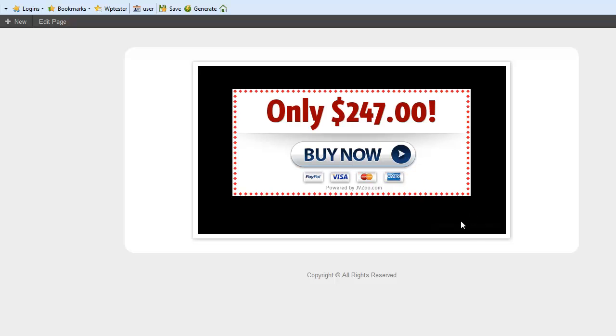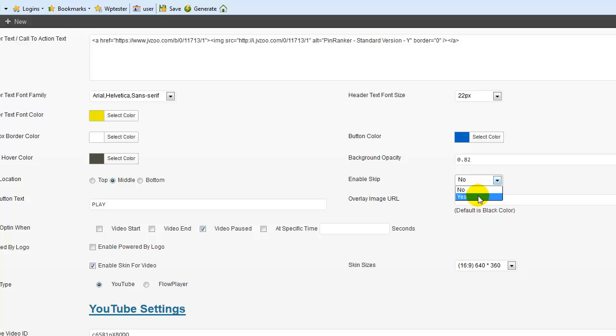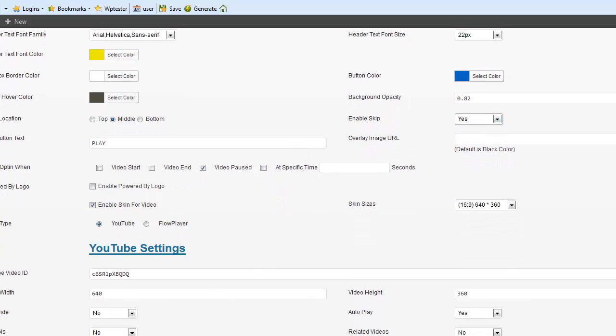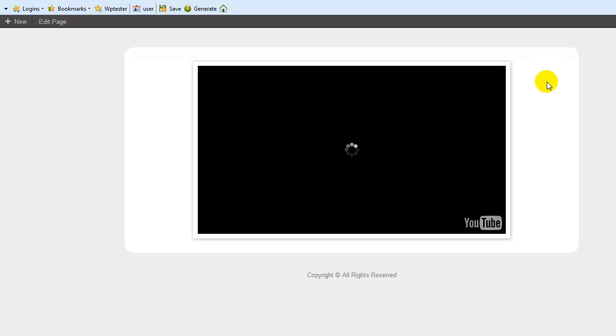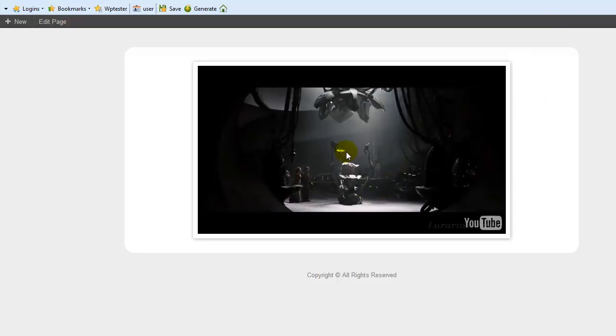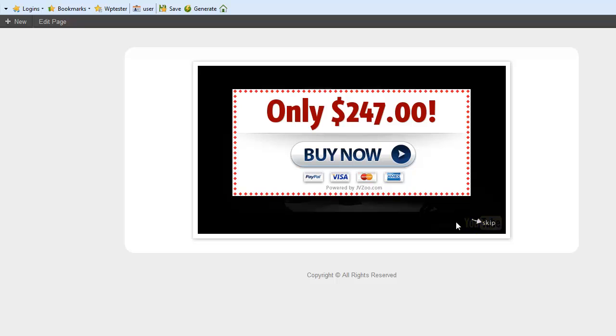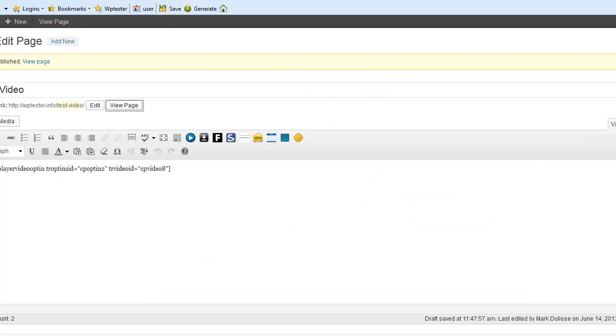You can also put the skip button, so enable that to skip. And let me save the changes. And so if I refresh, click on the pause, see the skip button is there. So very, very cool. Now what's also really cool is that if I go to create a page,